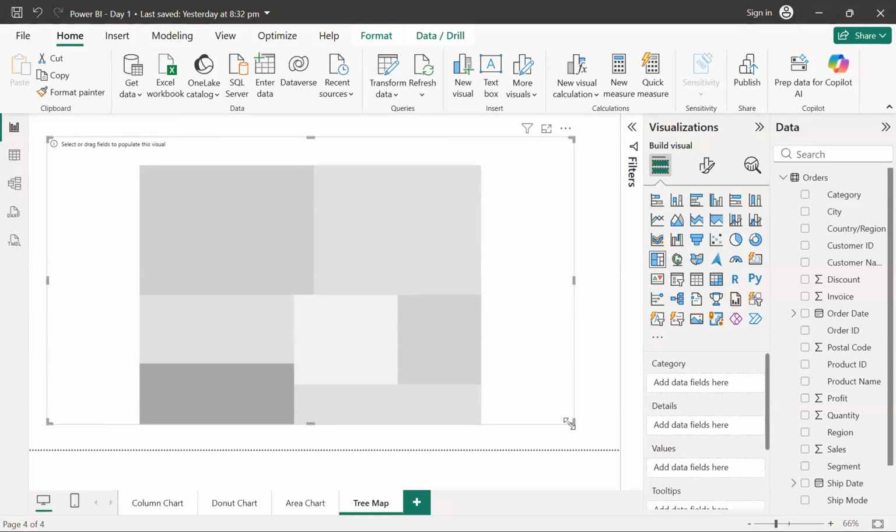Now these boxes, guys, based on the size, you can understand, let's say, if I want to analyze the relation between the sum of sales and the subcategory. We have one column, guys, as category, and then we have another column called subcategory. Till now we have created different charts to analyze the sales by category, but we didn't create any chart to analyze sales by subcategory.